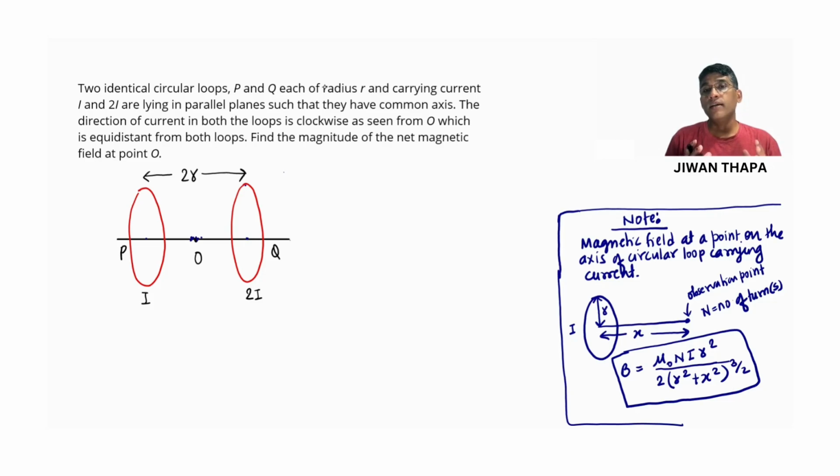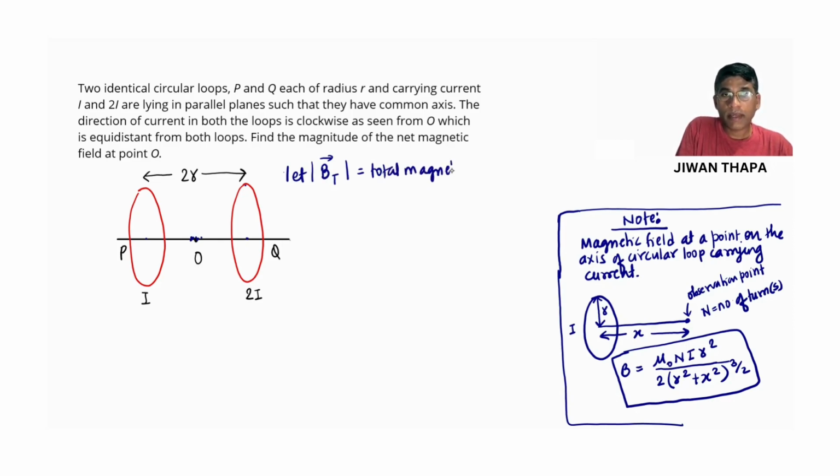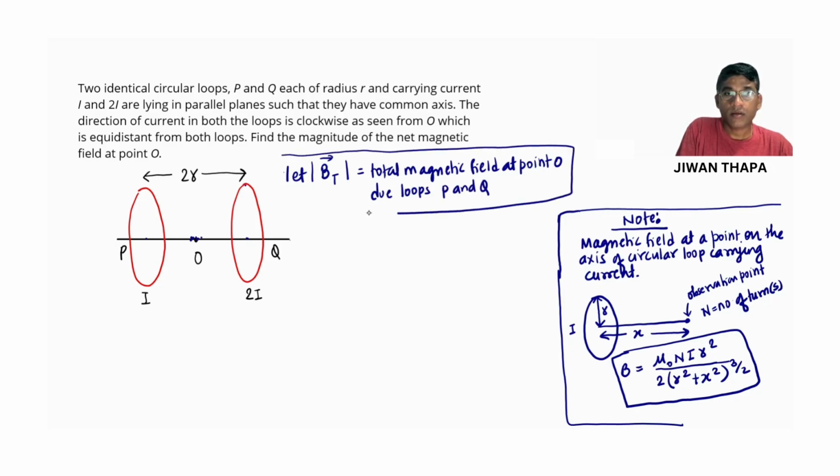So we are asked to find the magnitude of magnetic field, that is total magnetic field at point O due to loops P and Q. So I'm writing, let BT, this is in magnitude, be the total magnetic field at point O due to loops P and Q. So we have this, and we can see from the question,